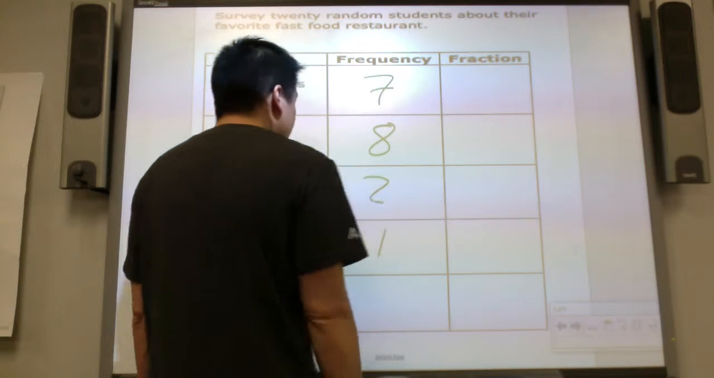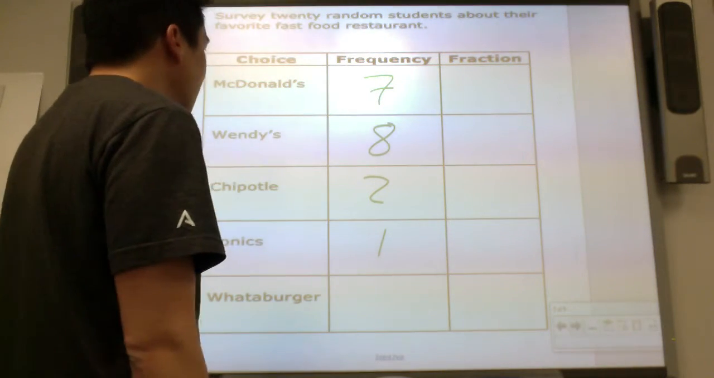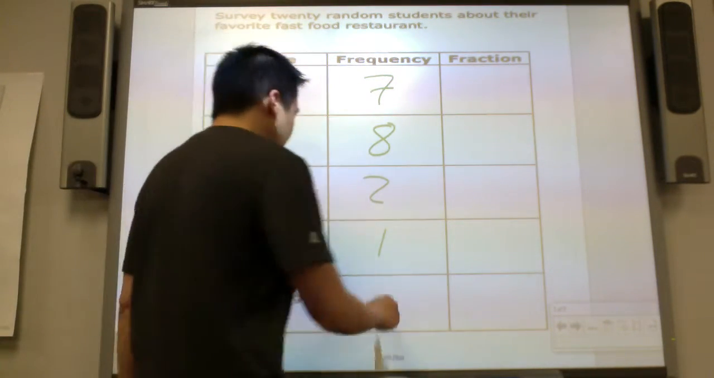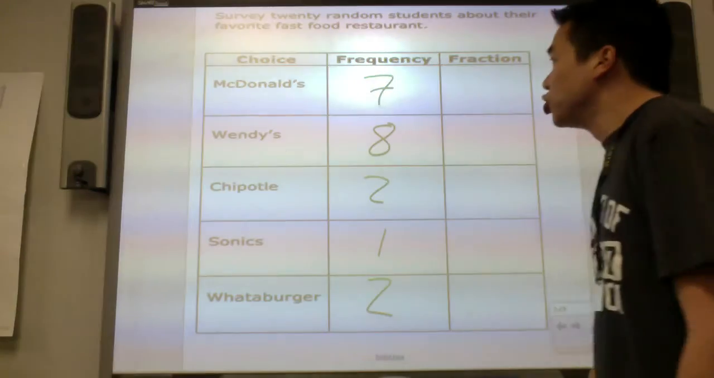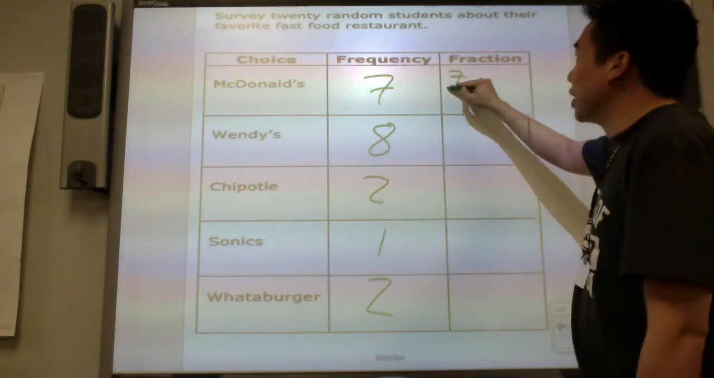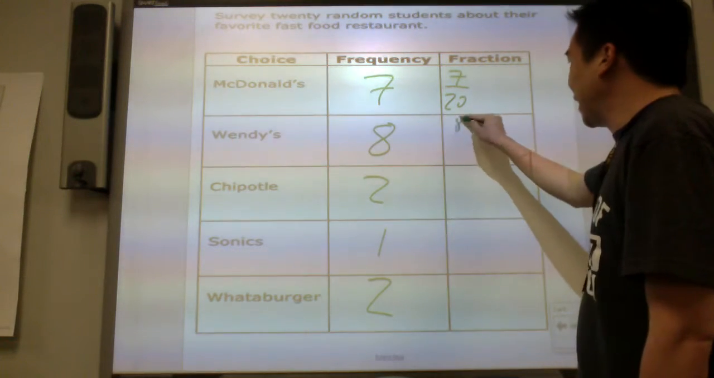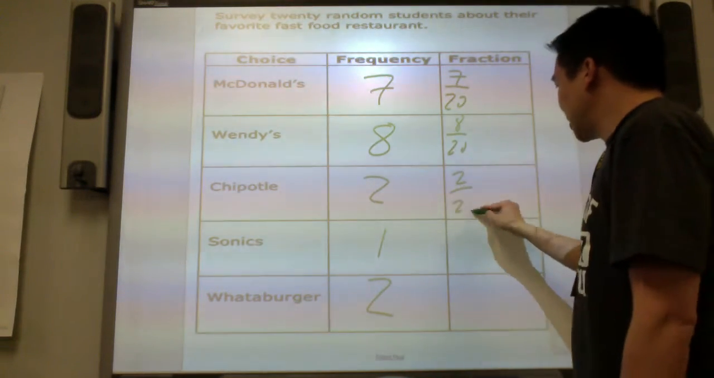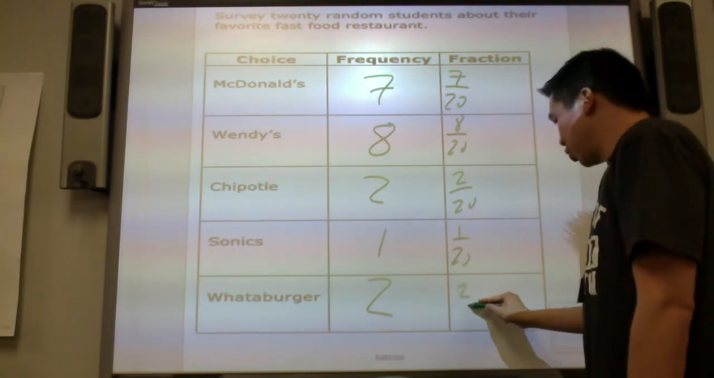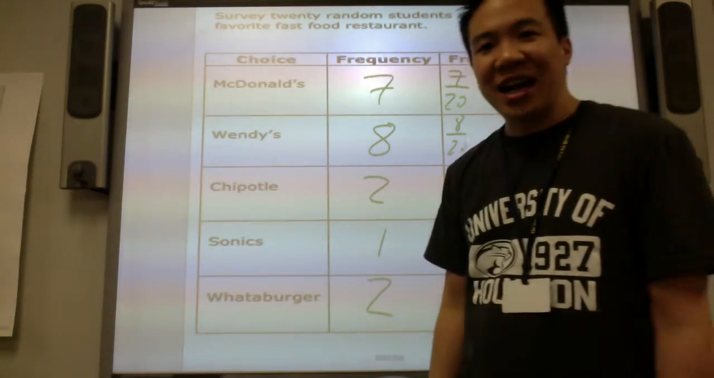2, 1, that's 15, 16, 17, 18, and 2 again. So at McDonald's, 7 out of 20 students like McDonald's, 8 out of 20, 2 out of 20, 1 out of 20, 2 out of 20. This is a small sample size. A sample,